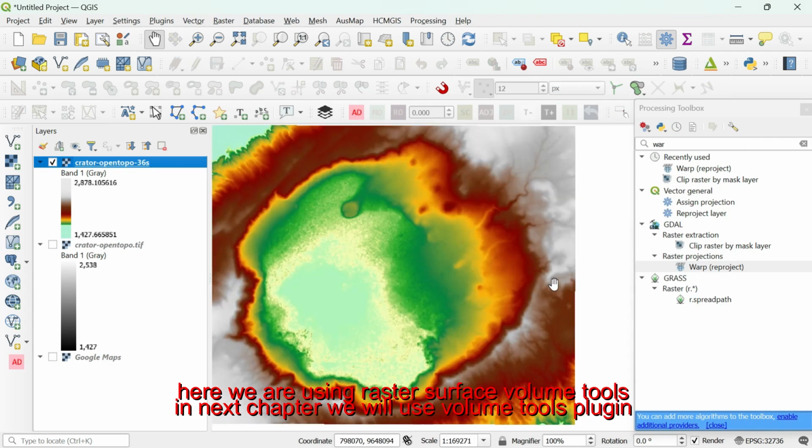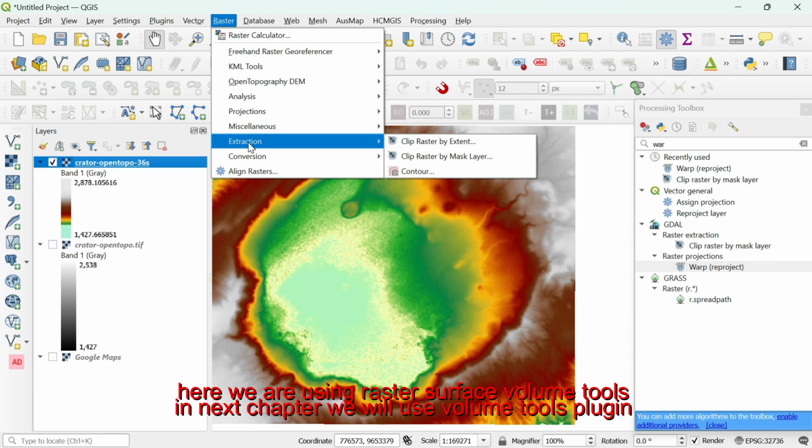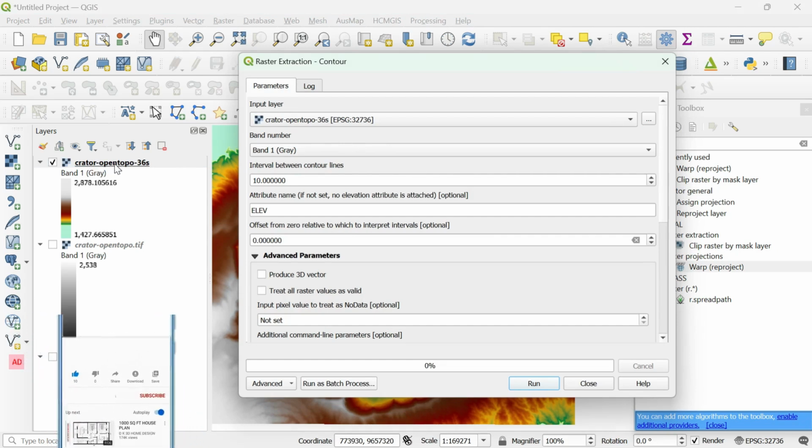Okay, so let's go to the next step, creating the contours. Go to Raster, come to Extraction, go to Contour, and click once here. Our raster file is the Petrovo 36S. You see here I have already changed the UTM zone.